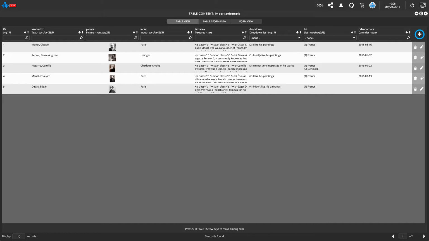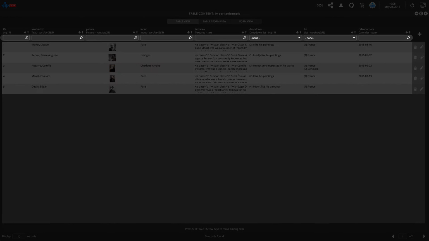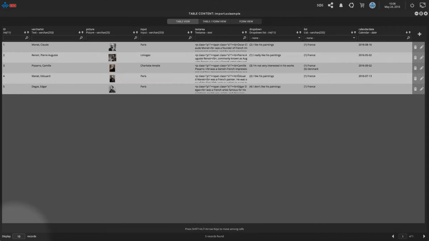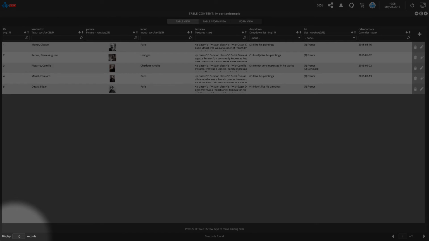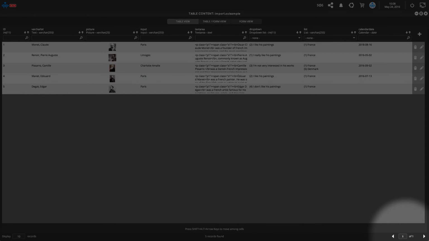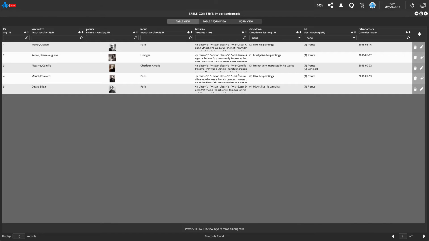We will explain how to set these fields' attributes later in this tutorial. To add a new record, click here. To filter data, select or input your parameters in the fields here. Table data can be ordered by column by clicking on the fields ordering buttons. In the bottom left corner, you can set the number of records to be displayed at once, while the navigator allows you to swap between pages and jump to a specific page by entering its number.